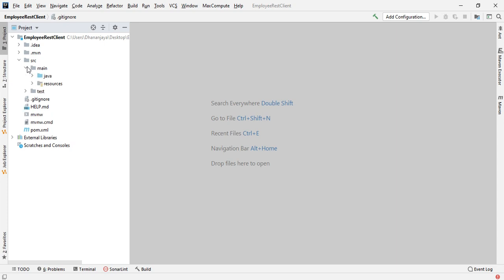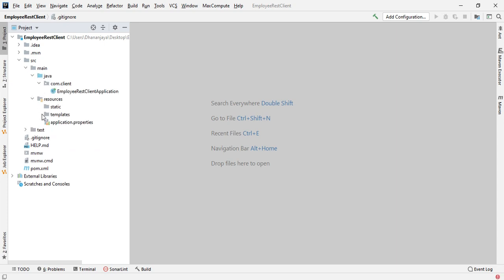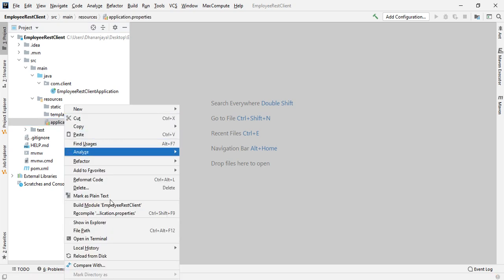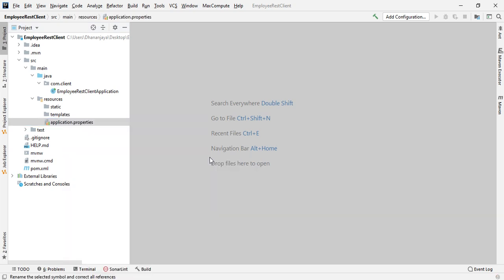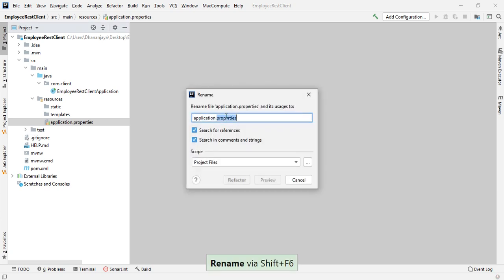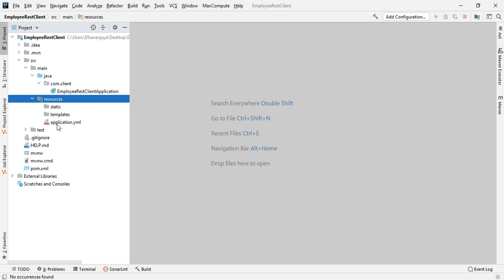So let's change the application.properties to an application.yml file. Okay.